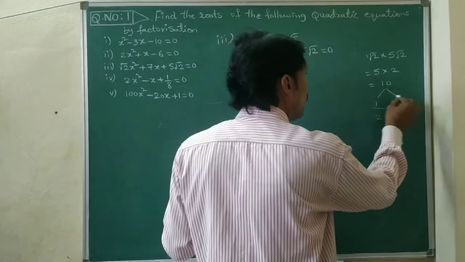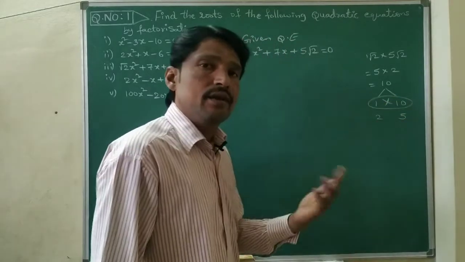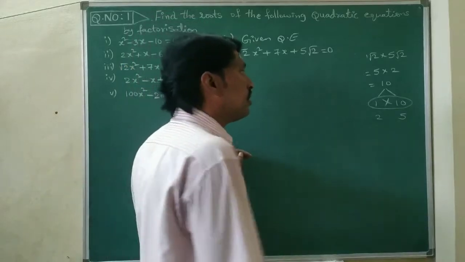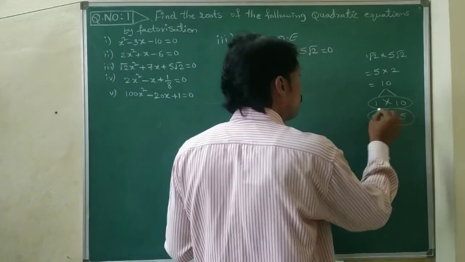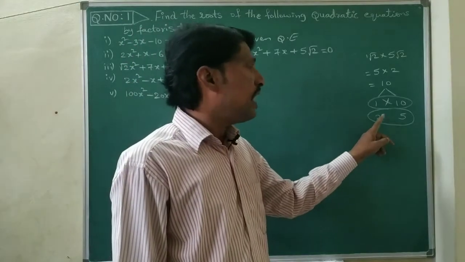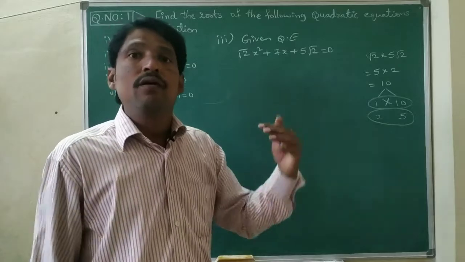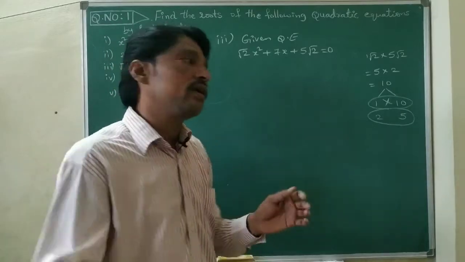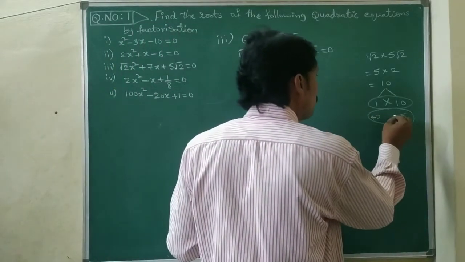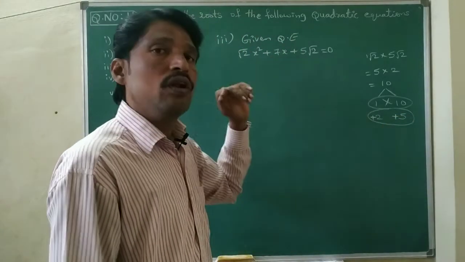Here adding, we get 11. Subtracting, we get 9. So it does not work out. Now take the middle term, which is 7. Adding gives it, so the plus symbol is there. When we have the plus symbol, we give plus to both. When we have the minus symbol, we give minus to both. But here we need to take only plus. Why?